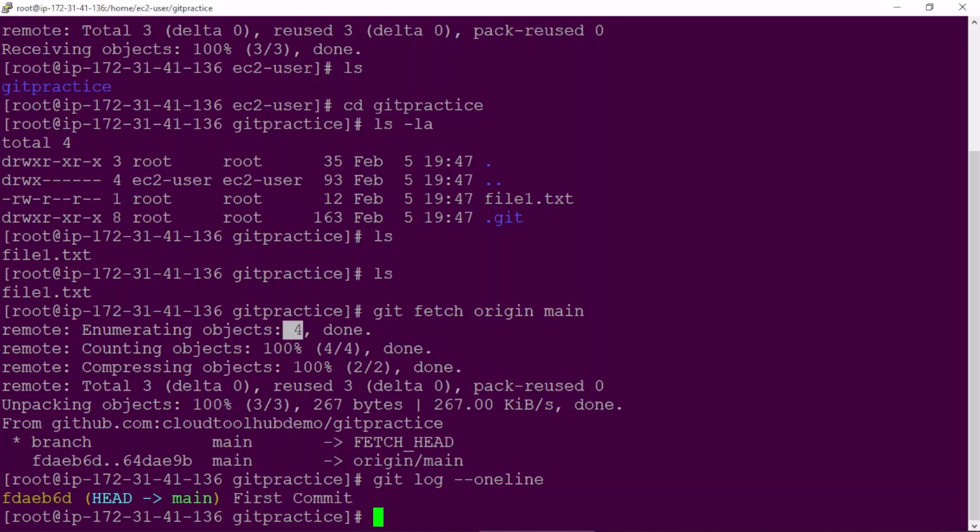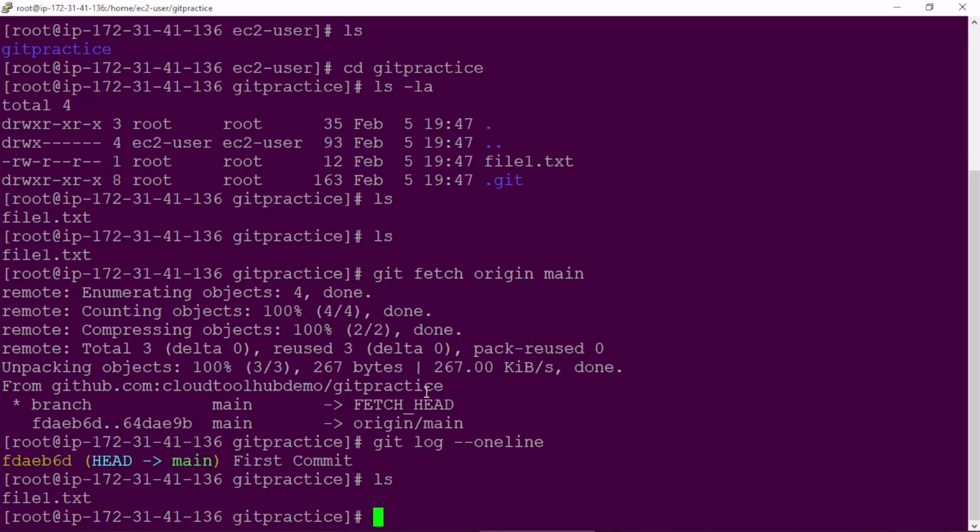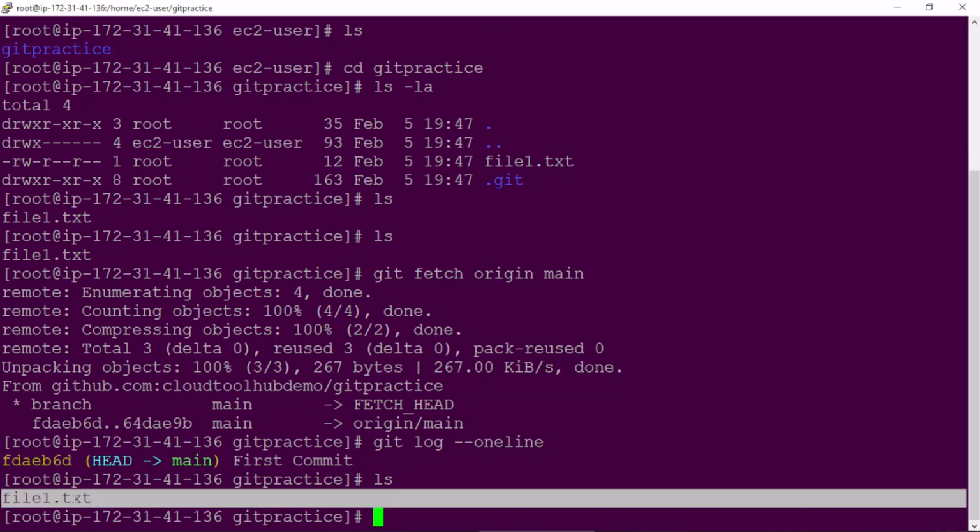There are 4 changes, 4 objects have been changed. So what this git command has done is it already pulled these 4 files from the GitHub repository, but those files are not here because it has not updated